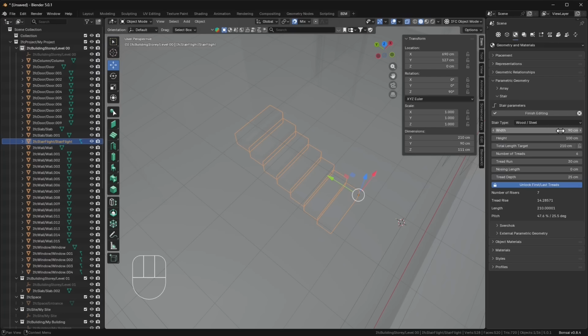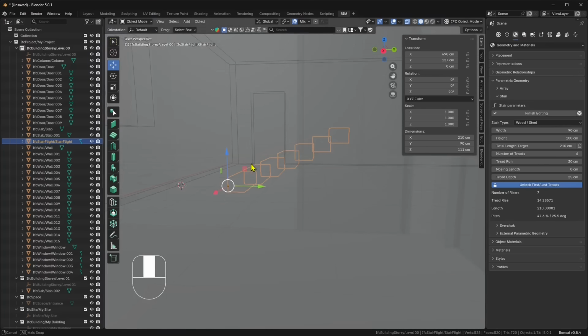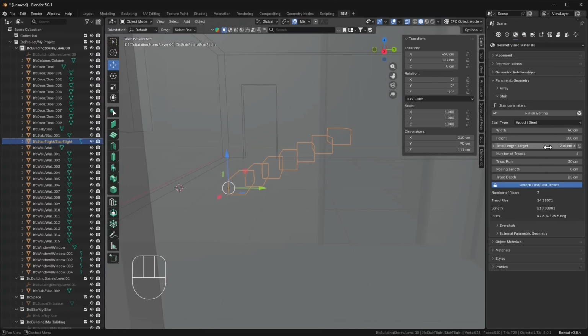And then you can start to set the width. The width could be 90 or 80 or 100 centimeters, depending on how large you want it. And then you have the height. So how high is that going to be? And then you have the total length of the stair. So these are all parameters that work with each other. These are parametric values that